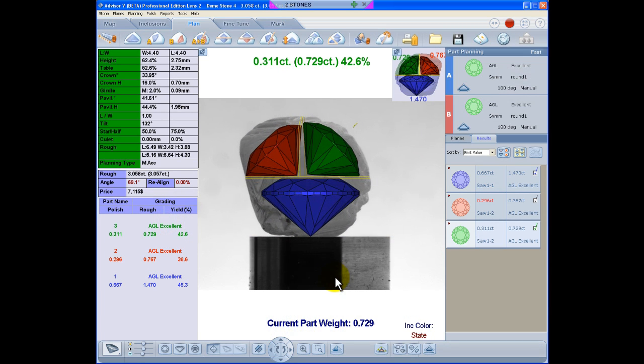Hello everyone! Today I want to show you a new marking ability which was added to Advisor 5.0 called Don't Mark Segments. When planning a saw plane, you might have some critical areas where the polish is very close to the saw plane. In such a case, we would like to protect the polish and avoid the marking of those